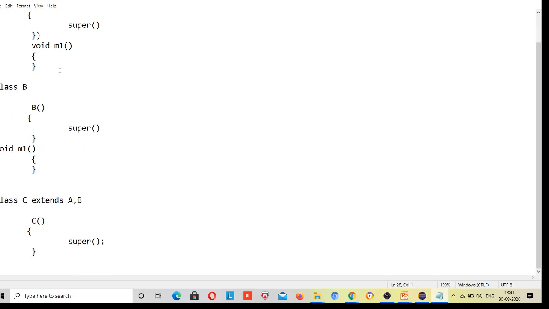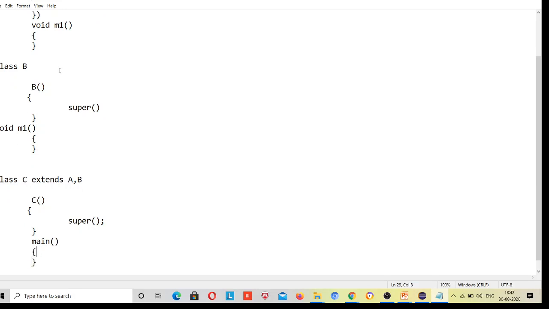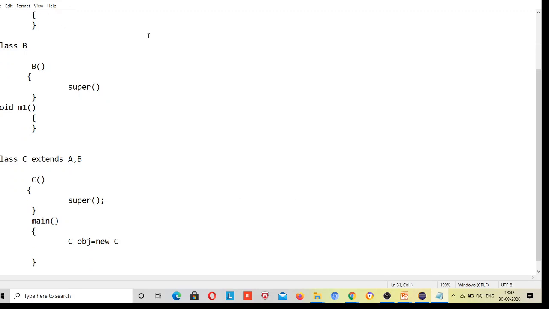Now class C extends A and B and calls M1. Suppose this class has the main method, public static void main. Now we make an object for class C, C object equals new C, and now call object dot M1.